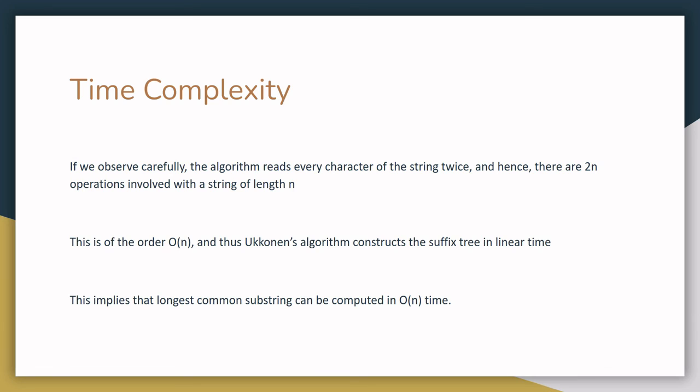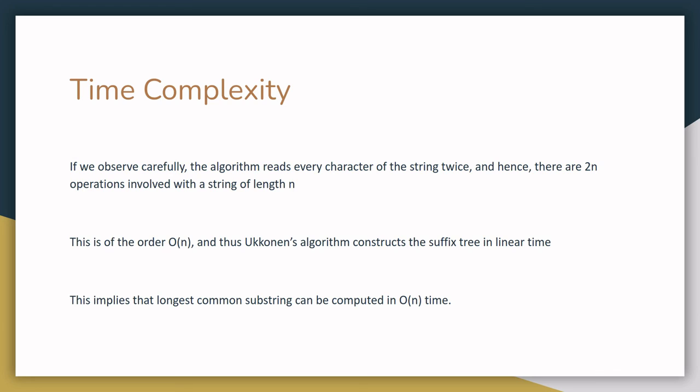But this still hasn't answered our question. The question was whether we can solve the longest common substring problem in linear time, and we concluded that we will be able to solve the problem in linear time provided we can compute the suffix tree in